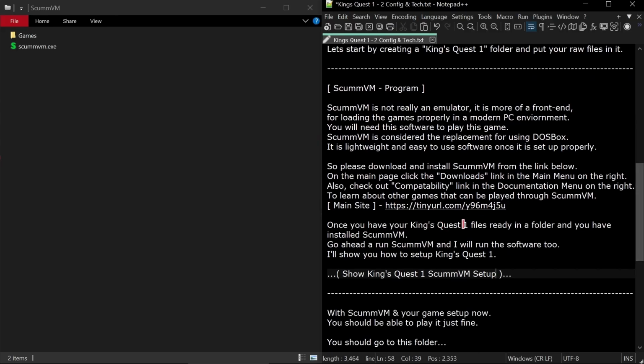Once you have your King's Quest I files ready in a folder and you have installed ScummVM, go ahead and run ScummVM and I will run the software too. I'll show you how to set up King's Quest I. So now we're going to get into the setup of this program. This is the install folder. Once you've installed it,